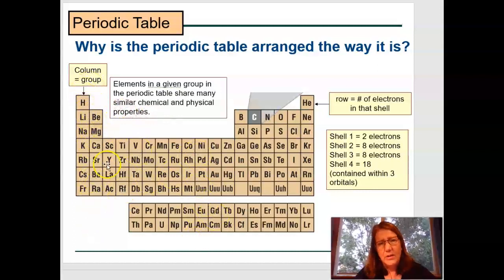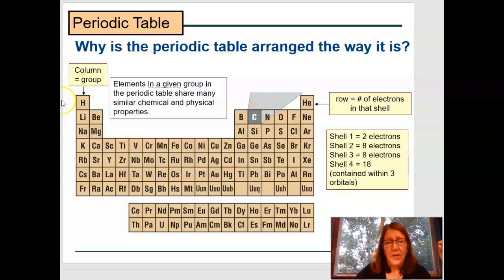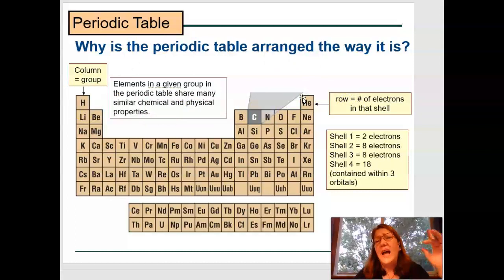So we have these rows, which are groups. I said it backwards. Columns are the groups. And then if you go across, we've got these rows. Now, if you look, our first row only has 2 elements in it, hydrogen and helium. So that row actually coincides with the electron shell. Okay, so your first row has 2 elements, so that's telling you how many electrons go in the first shell